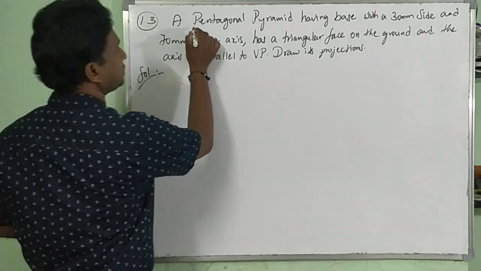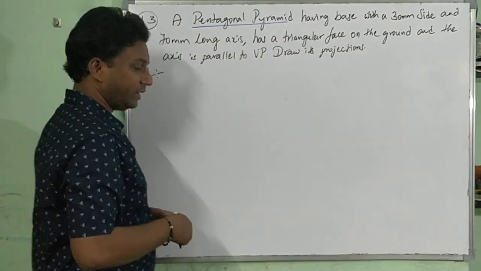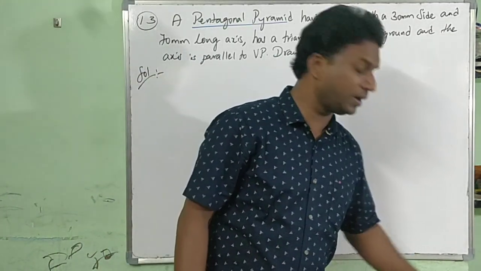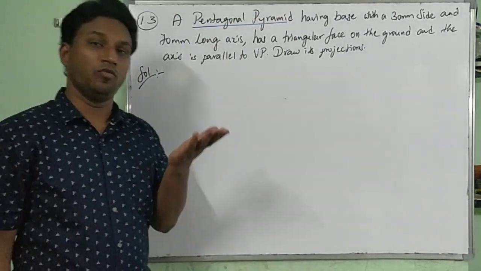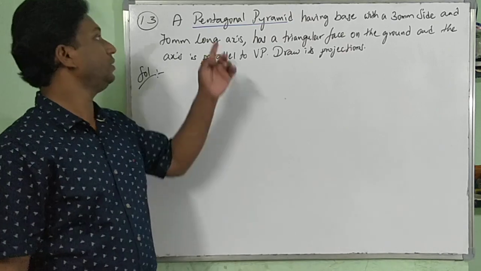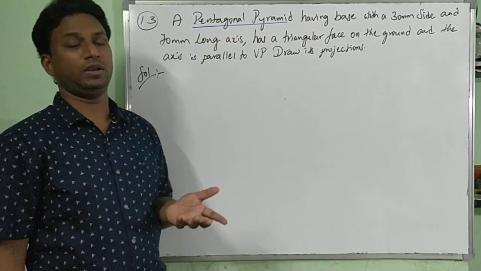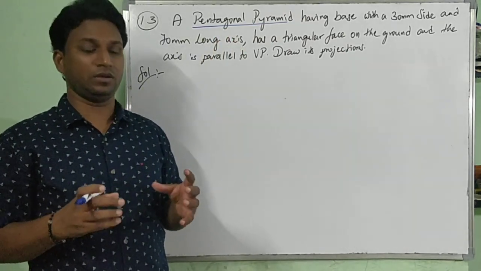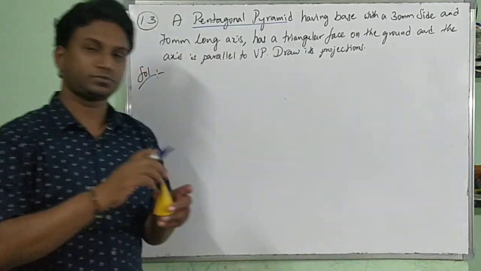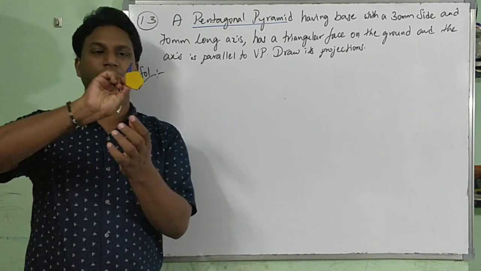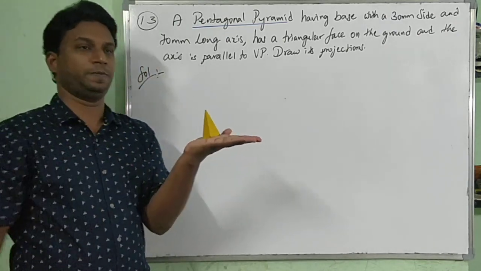Right, first and foremost, coming to the object, what is this? Pentagonal pyramid. What do you mean by pyramid? Pyramid is a kind of polyhedra having one base, of shape pentagon here for this problem. From each side of the pentagon, triangular faces are raised to meet at a single point, which is called the apex. Base is a pentagon with 5 sides.